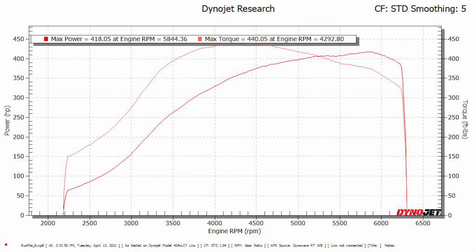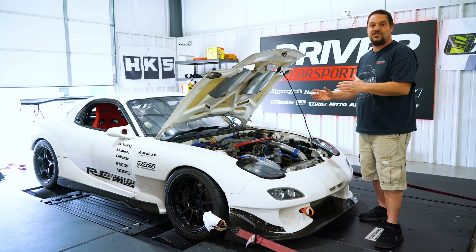Really good numbers, guys. We got 418 horsepower and 439 foot-pounds of torque. So 418 horsepower, 439 foot-pounds of torque on pump gas, just 12 PSI, which I think is impressive as